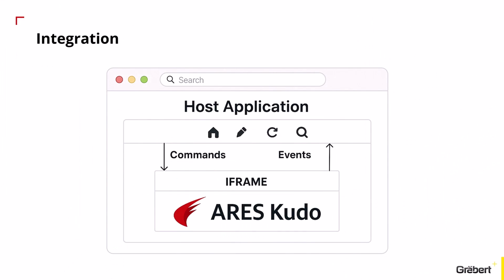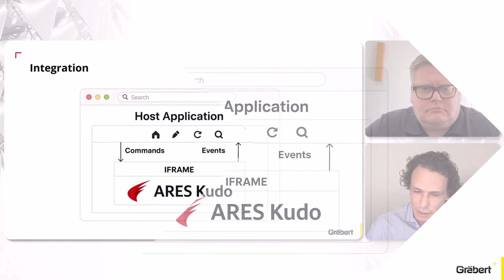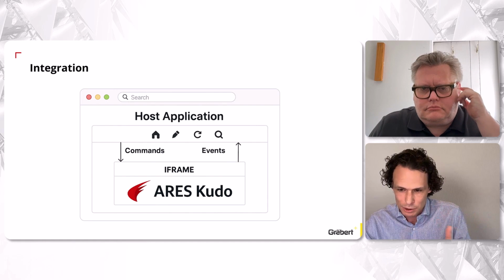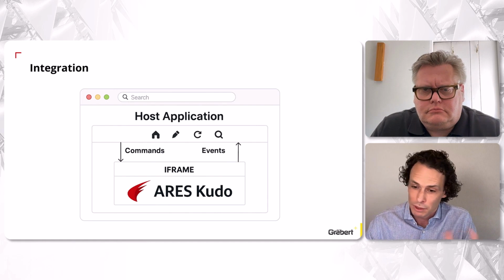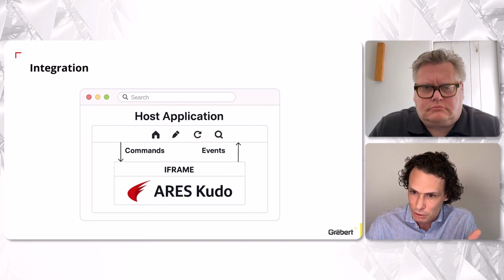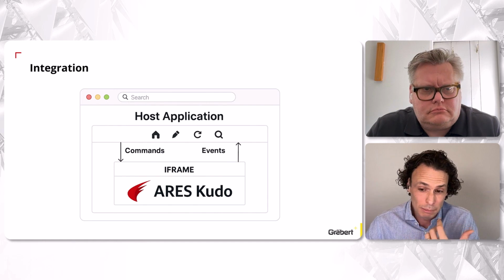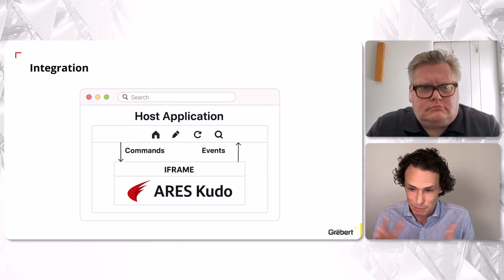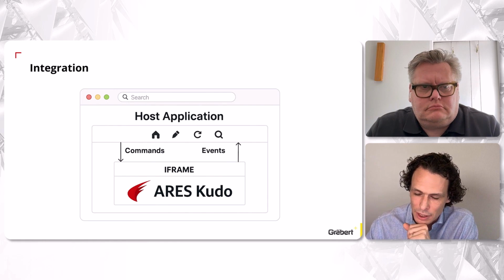So technically, how does this work, right? In all these cases, Iris Kudo really runs as an iframe. So it's its own little website within a bigger website. And the hosting application communicates, right? You can add your own user interface, and then we can send commands between the two, and we'll send back events, right? So that's a way for you to customize it without ever being inside Iris Kudo. It's basically taken as sort of a package.